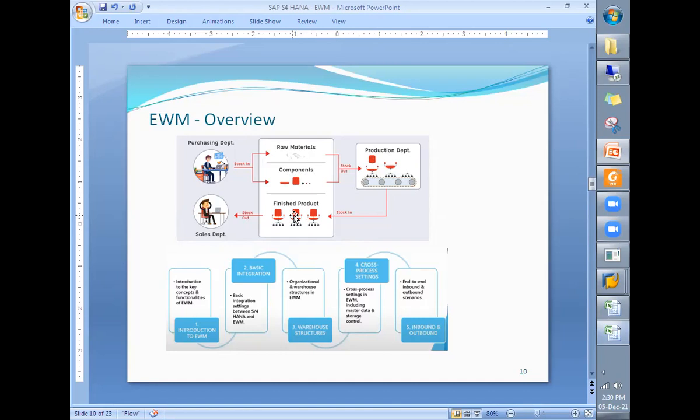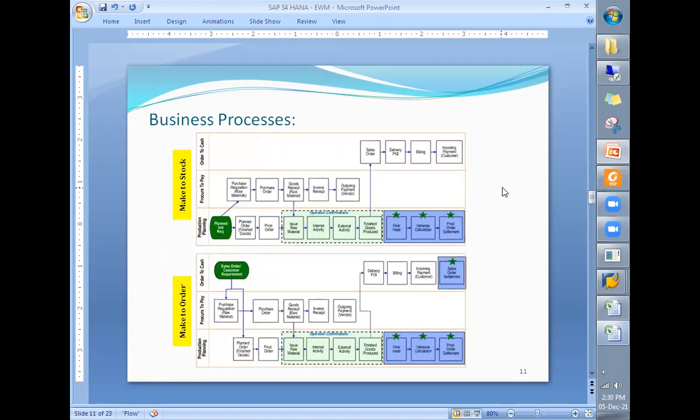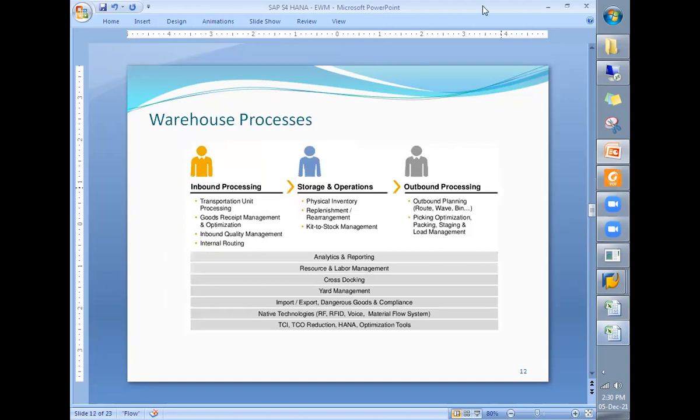The finished products are stored in the warehouse, and from here they are delivered to the customer. So you see, these are the integration points, how EWM is involved in different business processes.